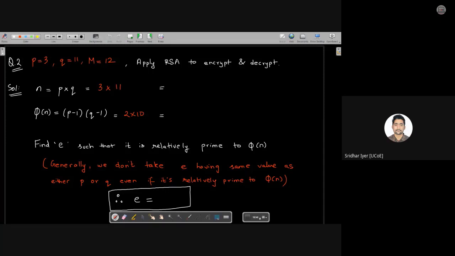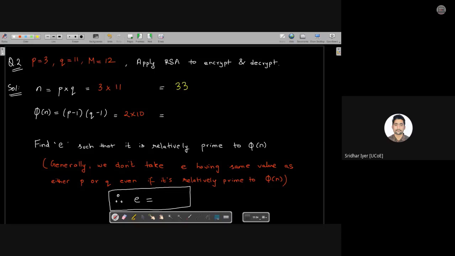Fine. So start applying the formula over here. Very first thing is to try to find out the value of N. N is nothing but, according to our algorithm, P into Q. So now you start filling up the blanks. Take some time, start solving it. P into Q is nothing but 3 into 11, so that becomes 33.